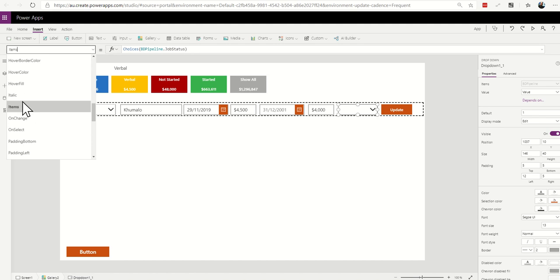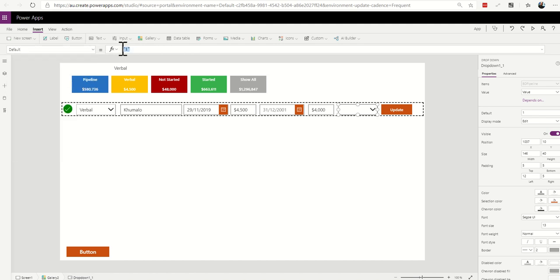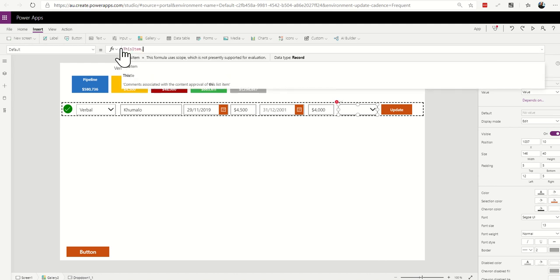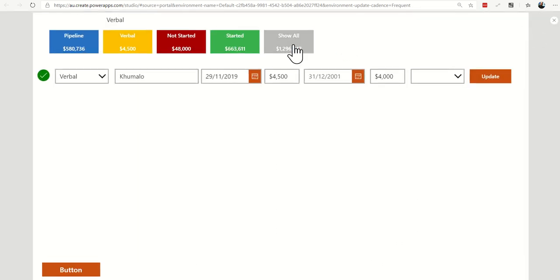So let's adjust that, go to default. We don't want 1 as well. Let's go job status dot value. As you type ahead, you can push tab on your keyboard and it will remember what's in there. That one may not have a job status, but that's cool. Alright, so now if we do everything,